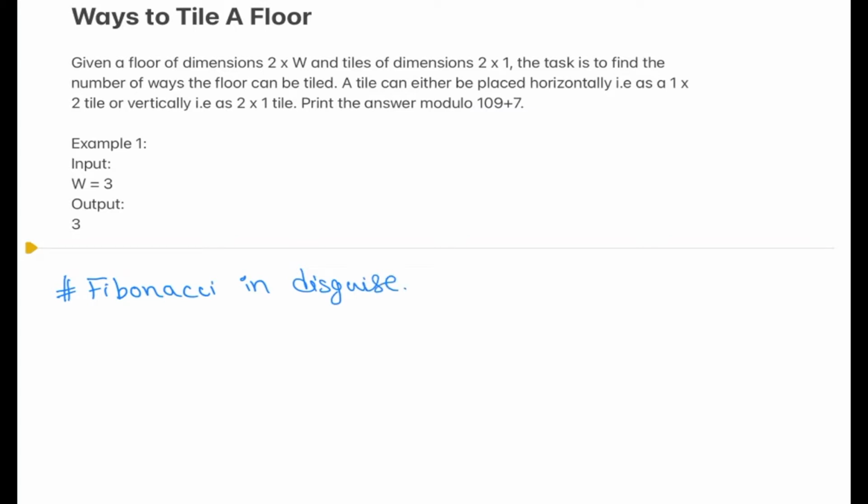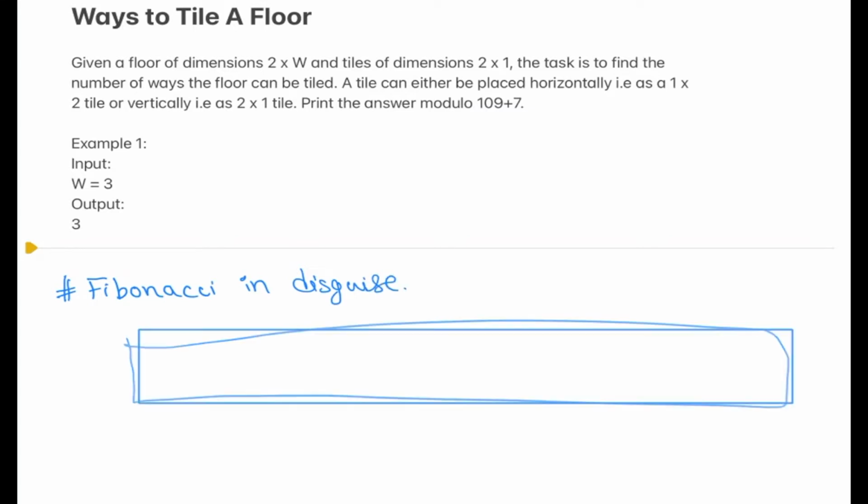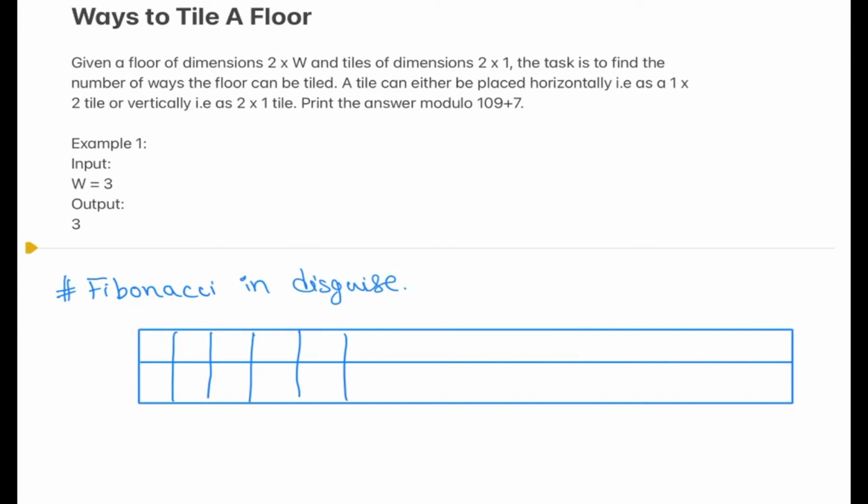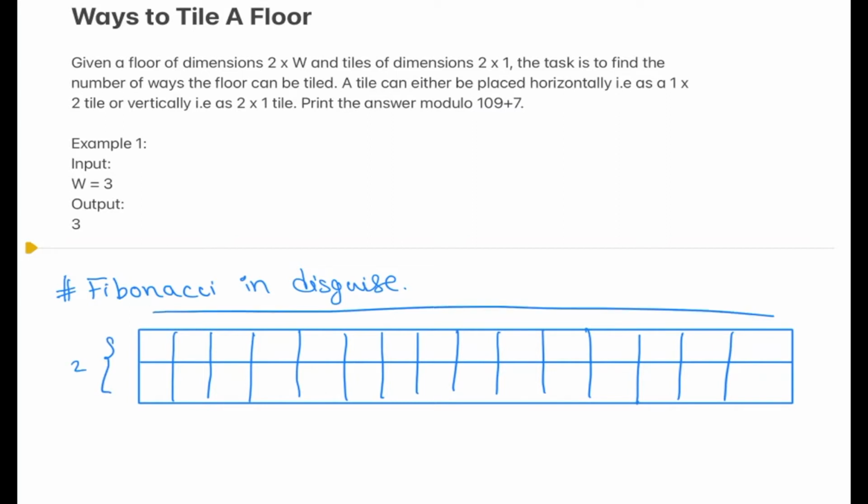So to start with, let's just set up the base problem statement. Let this be our tiled floor, which is 2 cross n, so this I'll take as 2 and the horizontal as n. Doesn't matter whichever view you take, you can take n cross 2. I have taken 2 cross n for now.